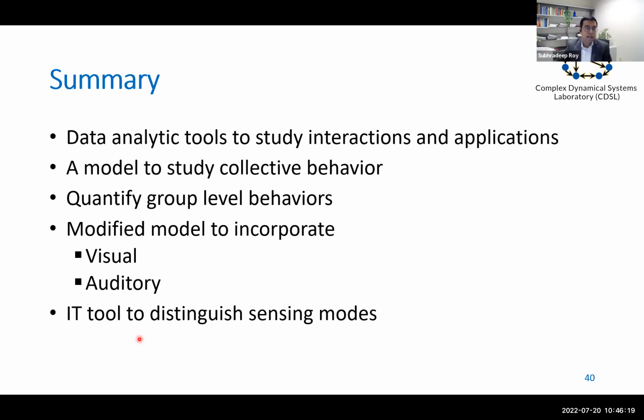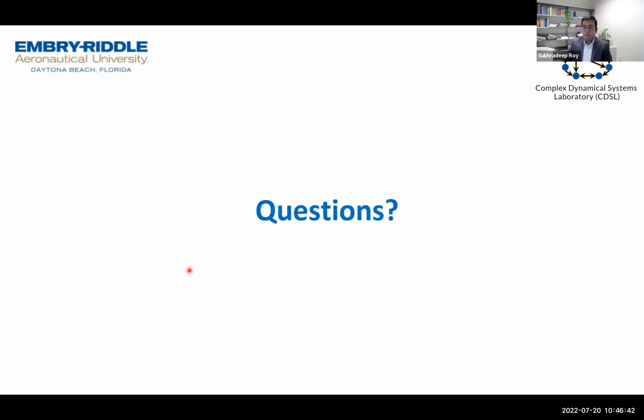Then we talked about the information theoretic tools, which we can also use to validate that they can distinguish the sensing modalities. Okay, so that more or less covers my presentation. For the remaining time, I'll try to show you an example of how to use the JIDT toolkit. But before that,